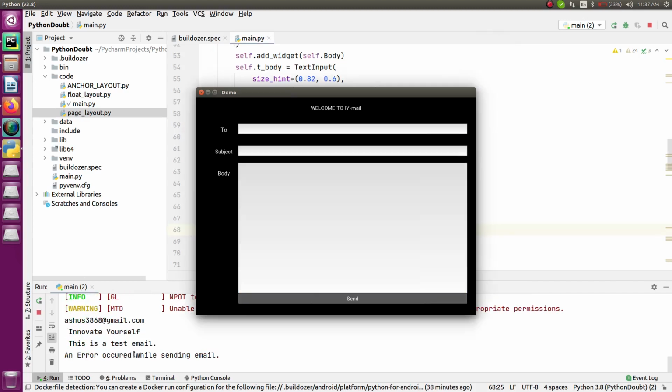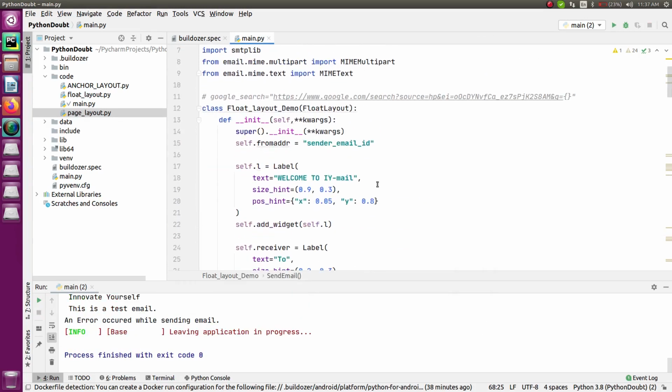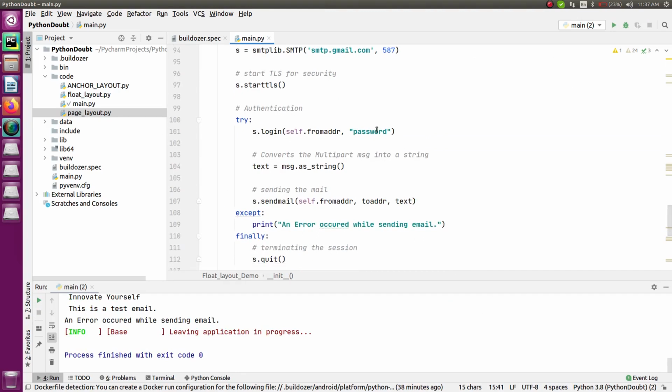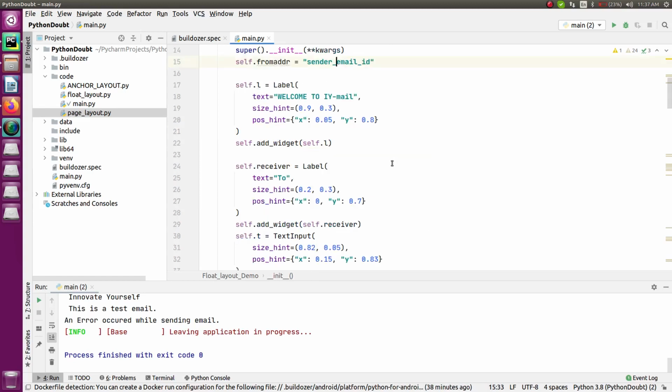Okay, I have got an error. The reason is that you can see in here I haven't specified the email ID from which I am going to send this email, and I also haven't set the password. That's the reason I'm getting this error. So what I have to do is add the email ID and password, and then only I will be able to send an email to anybody, right? So let me do it on my end, and I will not show it to you because that is a confidential thing. Let me add the things, and then I will run it again.